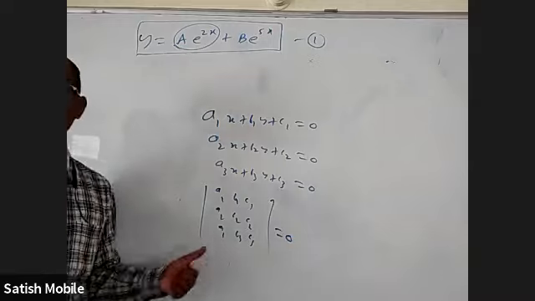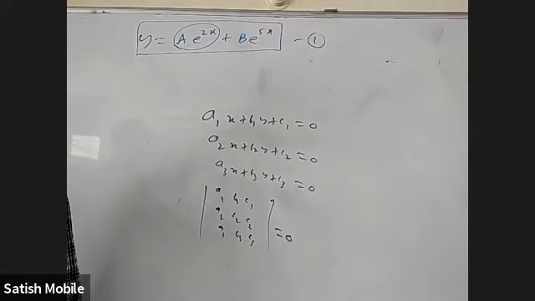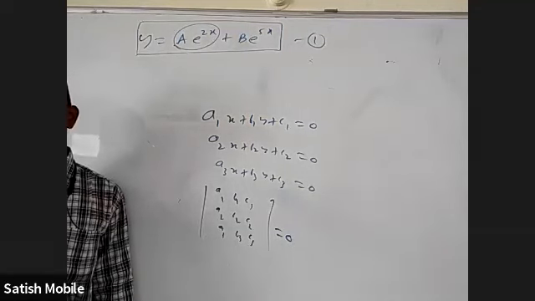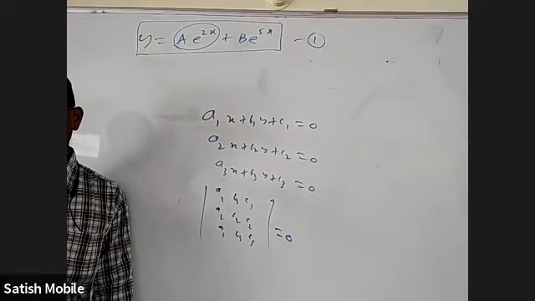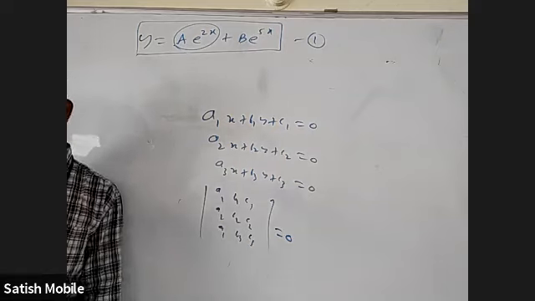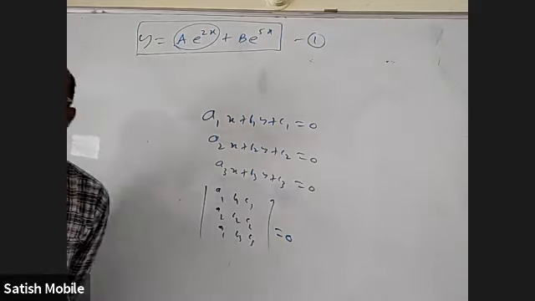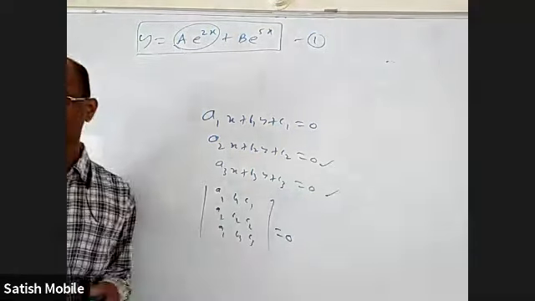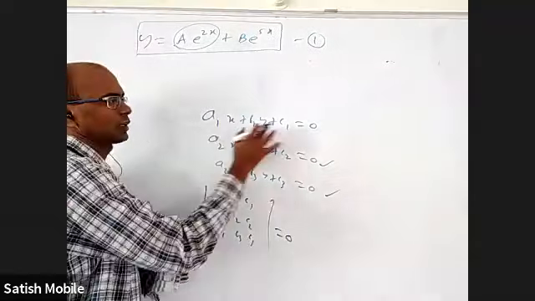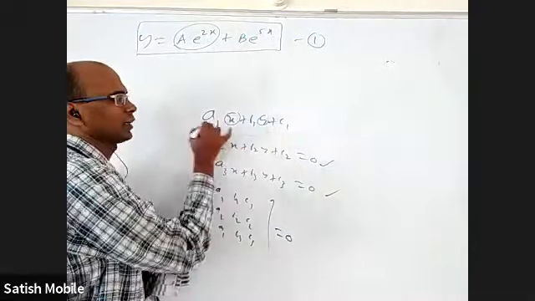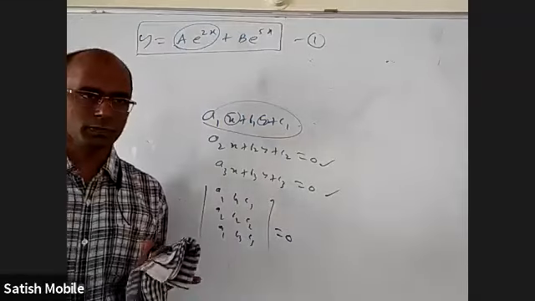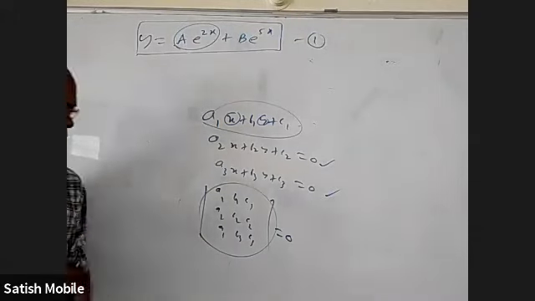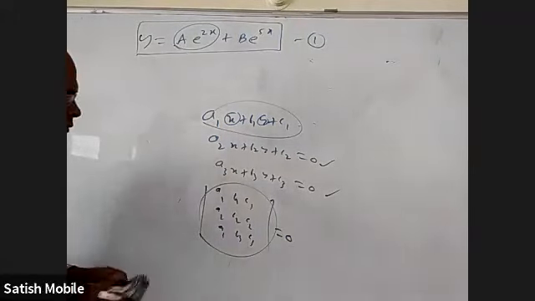Now, how did this condition come? For 3 lines to be concurrent, this is the condition, but how did it come? Solving 2 lines and substituting that point in the third line. Yes, you just take 2 lines, solve them, you'll get a point of intersection. That point of intersection, substitute here. Don't take equal to 0, just substitute in the place of x and y. When you expand that, you'll get some expression. That expression is nothing but the expansion of this determinant. Am I right? This is a very important point.